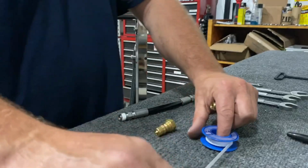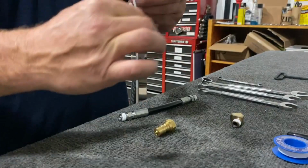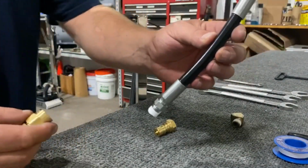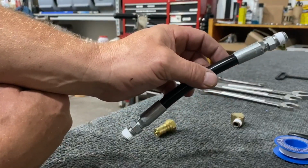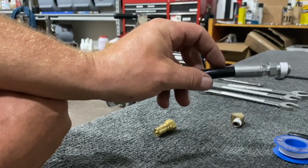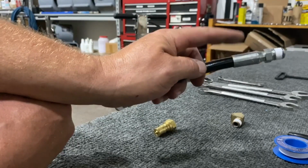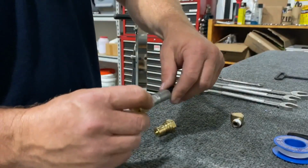So I'm going to give this some Teflon tape. And I do it differently when we're assembling them, but I can do it here for now. That will go on there. So you have your lead solution line. And the reason we use these, as I discussed before, is these will give you a warning. It will actually blow a bubble in it, then it will squirt a little pinhole of hot water. Most steel braided lines, this is a Parker Parflex, most steel braided lines, they'll blow and it can actually burn the operator because the crimp comes off, and not a good thing. So you basically have your solution line,